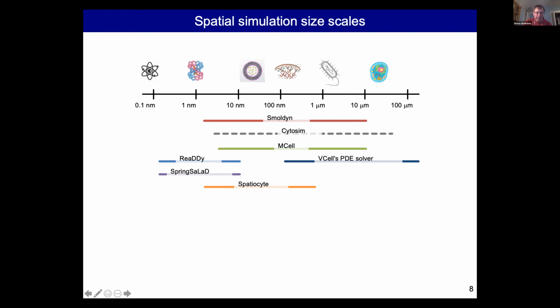Spatiocyte is intriguing. That's a lattice-based simulator. And here's VCell as a PDE solver. So that's back to the differential equation approach. And that's now a bit larger, 100 nanometers on up. Also mentioned, at the larger size scales are CompuCell3D and other bigger things. So that's the overview. The next slides go into a bit more detail.